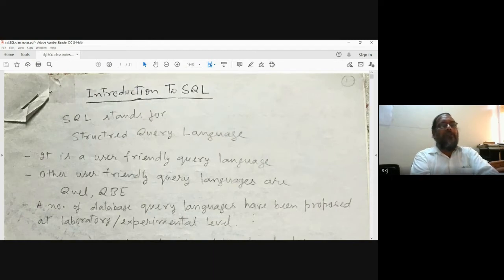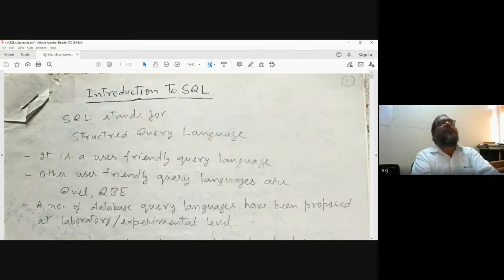This MySQL is a relational database management system. Once we create a database in MySQL, we have to retrieve data from the database. So the language we use here, that is SQL, that we will study. Other languages are also there.